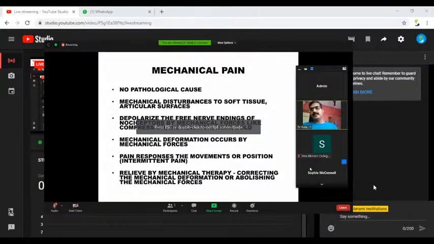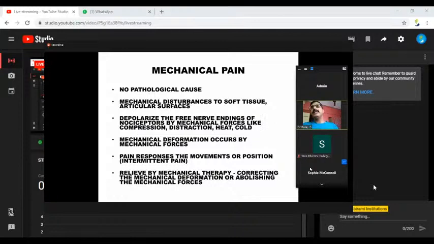Everything has nociceptors, except the hair and the intervertebral disc, because the intervertebral disc is an aneural and avascular structure. Even the hair: except for the root of the hair, the remaining part of the hair has no nerve supply, so we don't get a nociceptor. So everywhere we have nociceptors, and any mechanical deformation causes depolarization of the free nerve ending,